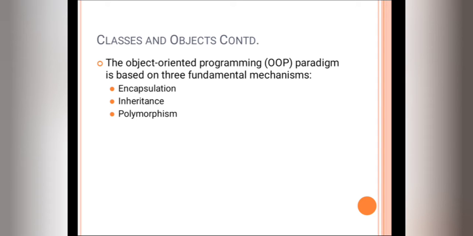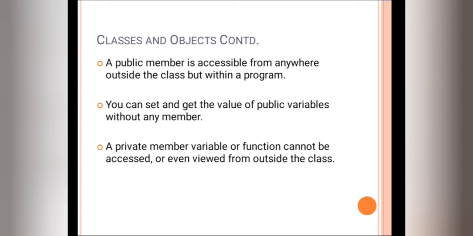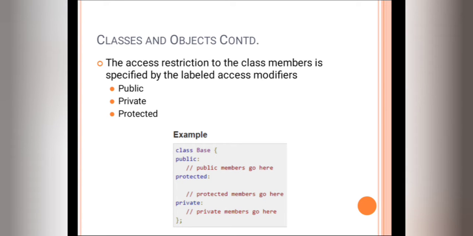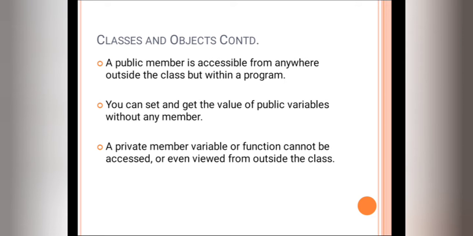So keep in mind that there are three types of access modifiers: public, private and protected. Publicly, anyone can access or view that member. Private is secured and only the class and friend functions can access it. And protected means it is similar to private, only the class and friend functions can access it, but it can also be accessed by the derived classes or inherited classes. So what are derived classes or inherited classes? That we will see now